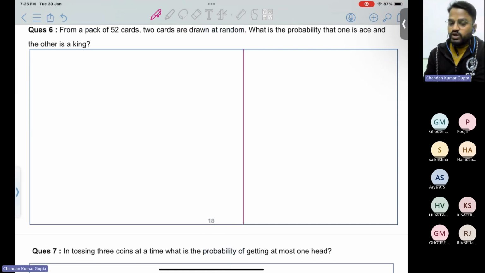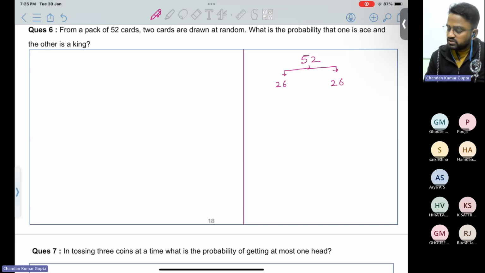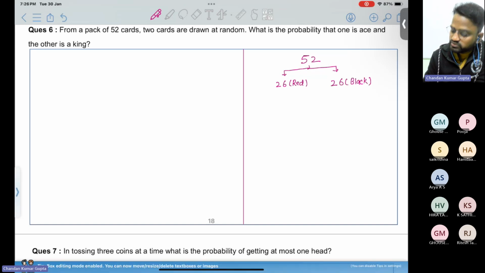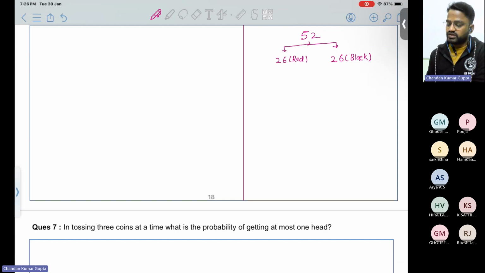Okay. So a deck of cards. When we say a deck of cards, it has 52 cards. In 52 cards, it is divided into two different types, based on colors. There are 26 red cards and 26 black cards. I'm talking about the standard cards. There may be different colors, but normally red and black cards are there. And then the 26 red cards are divided into two parts, and in a similar manner, 26 black cards are also divided into two parts.